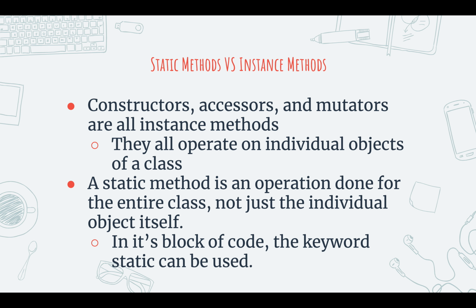Static methods versus instance methods. So constructors, accessors, and mutators are all instance methods because they all operate on individual objects of a class. Whenever you create an object, it's going to have its own constructor, its own accessor methods, and its own mutator methods, so that when invoked, it returns or sets its respective instance